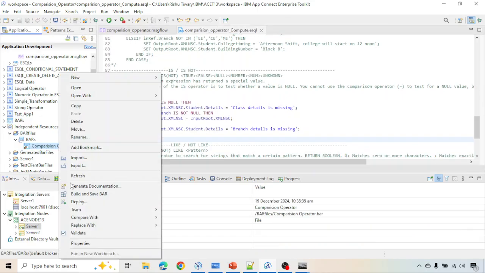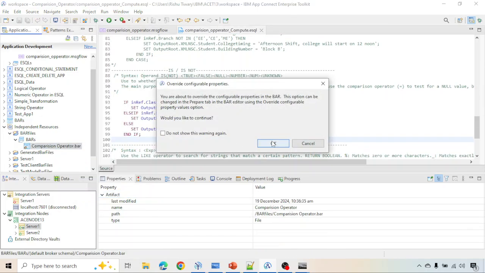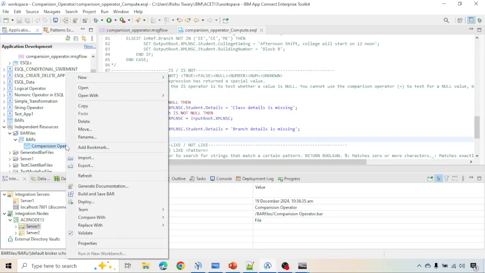Before explaining the IS operator, let me build and save the BAR file. Let me first deploy the solution. Okay,